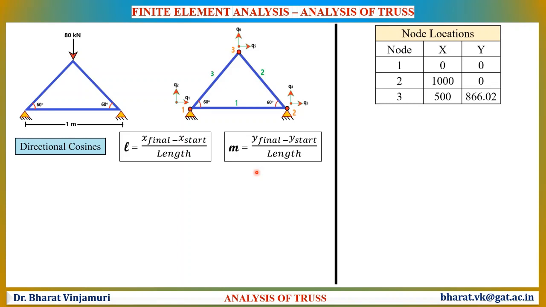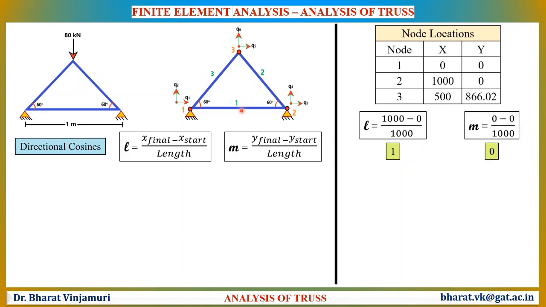Let us now start finding the directional cosines for element number 1. For element number 1, L is equal to 1000 minus 0. Here, the final node of element number 1 is node number 2 and the corresponding x coordinate is 1000. And the starting node of element number 1 is node 1 and the corresponding x coordinate is 0. Thus, we have got the value of L is equal to 1000 minus 0 divided by the length of the element. Similarly, to find the value of M,